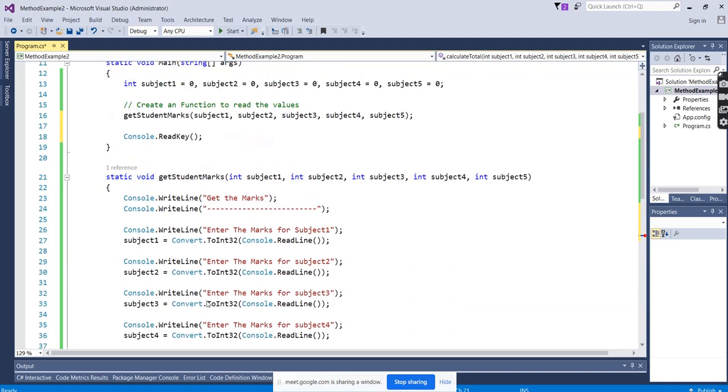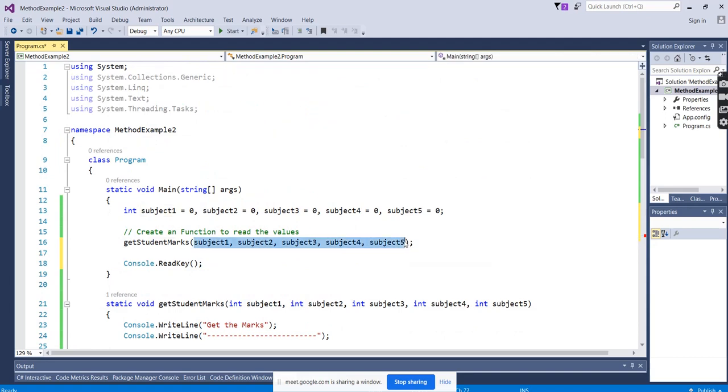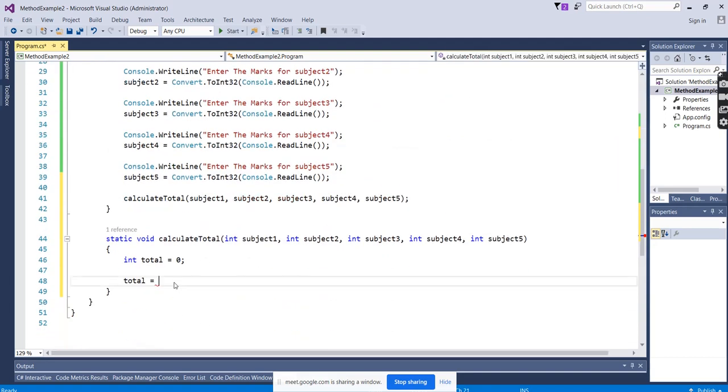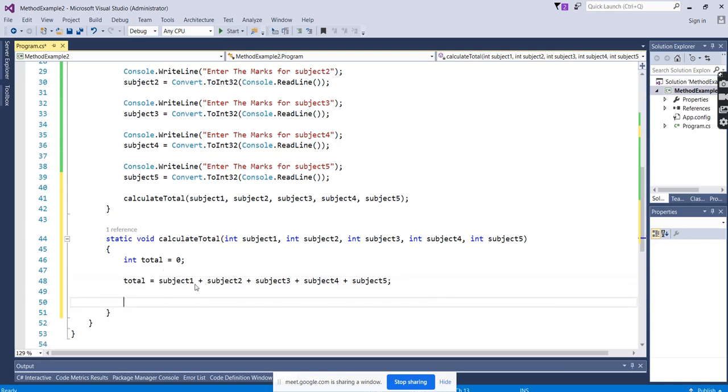This is equal to, you can go for the additions. Here, if you want, we can display the total in this function itself, or if you want to return it to the main function, there we can display it, we can do that, right?